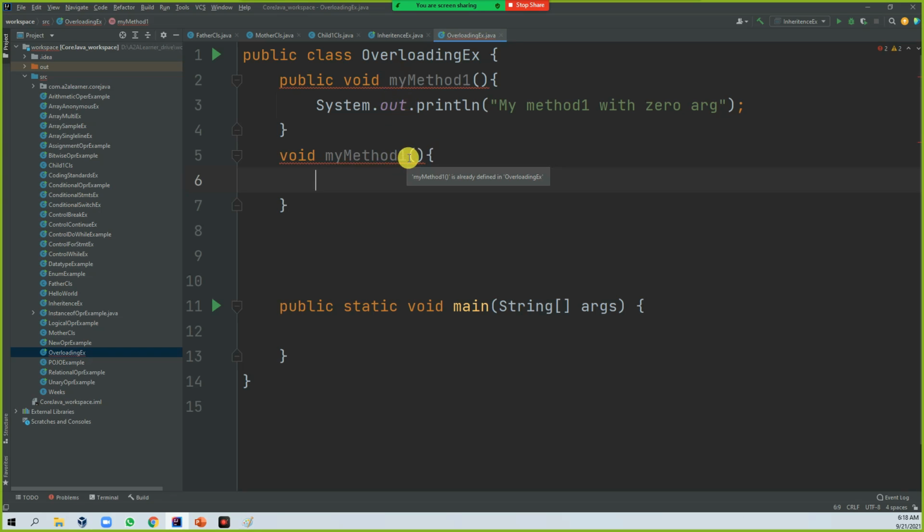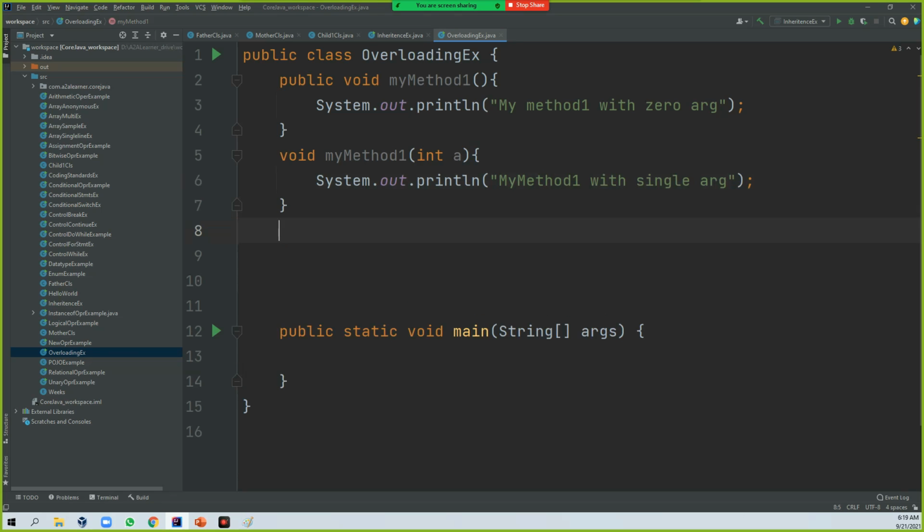So if you see, my method 1 is already defined in the overloading class. So that means the same method signature should not be followed. So for that, if I give it as int a, see, there is no compilation error, because I'm using the same method name with different arguments. So then no compilation error. So my method 1 with single argument. The next thing is,